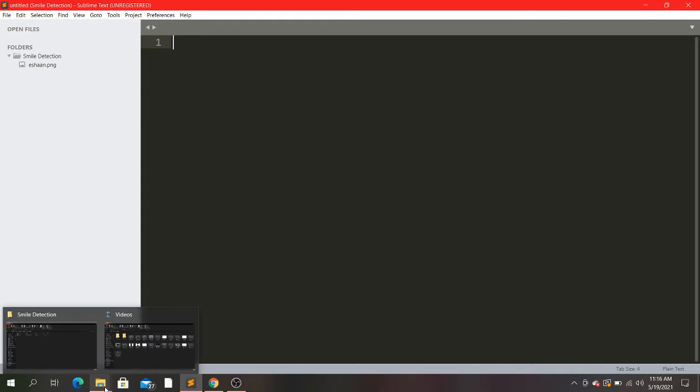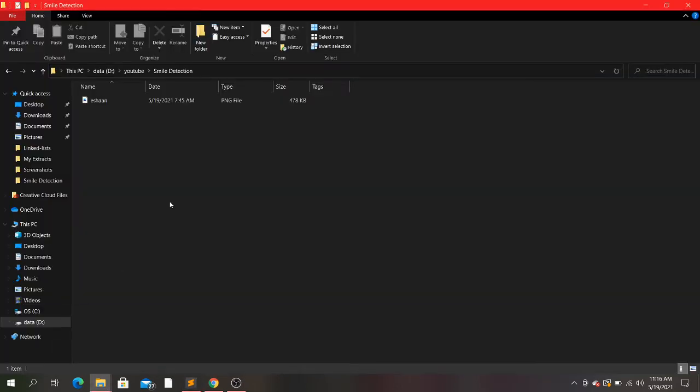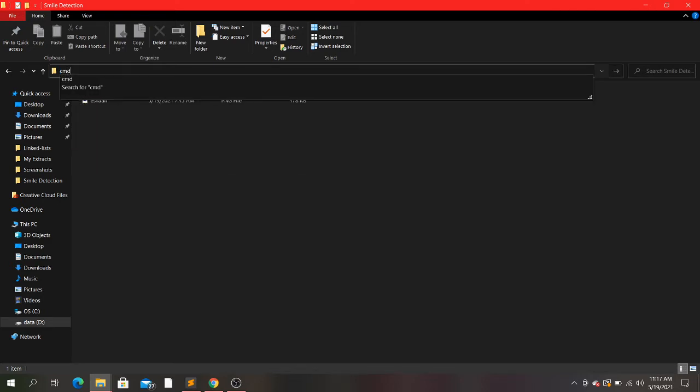Before starting the coding part, we need to download and install the packages which we require. For that, go to command prompt.